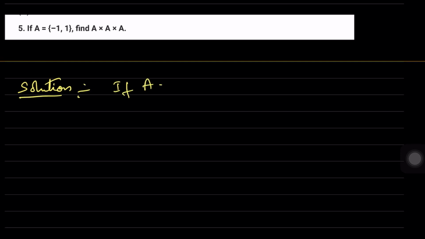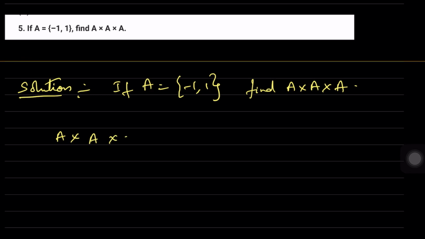If A is equal to {-1, 1}, find A cross A cross A. So first we'll find out what is A cross A cross A for any non-empty set A, for a non-empty set A is given by